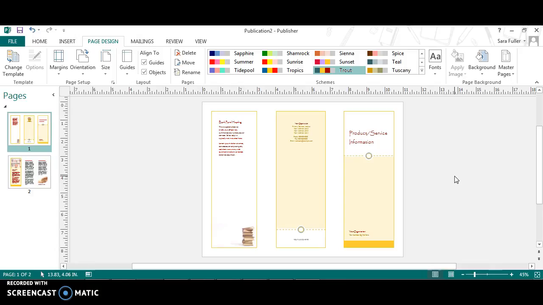Okay, then some basics of brochures. From what we're looking at, which of these would be my front page? When I had it folded up, which would be considered the front? The right side one? Okay, so this is considered my front. So what does it mean this middle one is? If it's folded up, where's that middle piece? The back. Okay, so that's my very back. And then this one, when you open it up, is the first thing you're going to see. Okay, so then if we click on page 2,